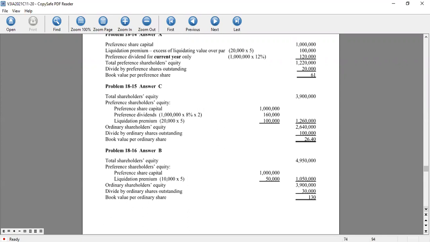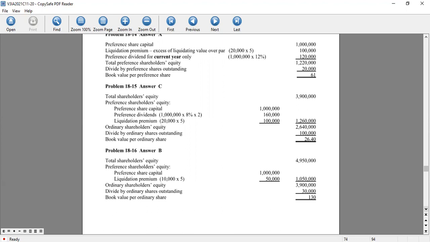Since the preference dividends are considered to be cumulative, and dividends on preference shares have been paid through 2019 but have not been declared for 2020 and 2021. Now for number 15, we have the preference dividends, 1 million multiplied by 8% times 2, and the liquidation premium equal to 5